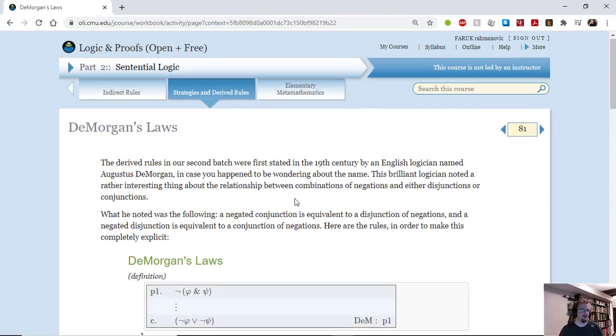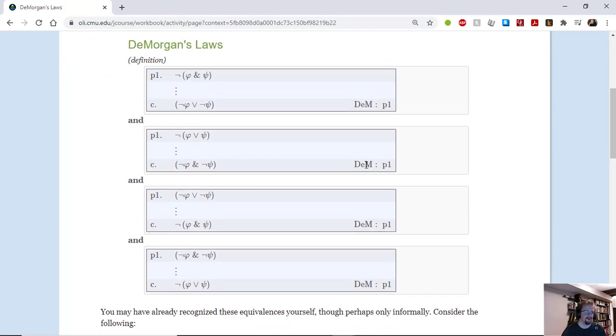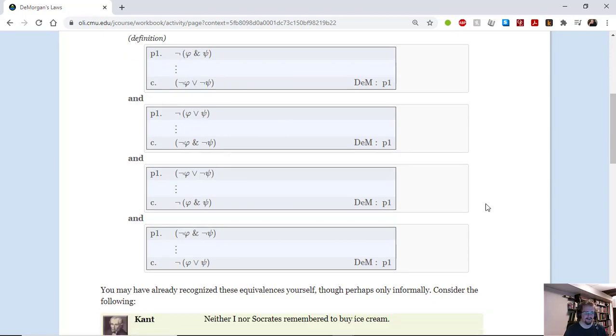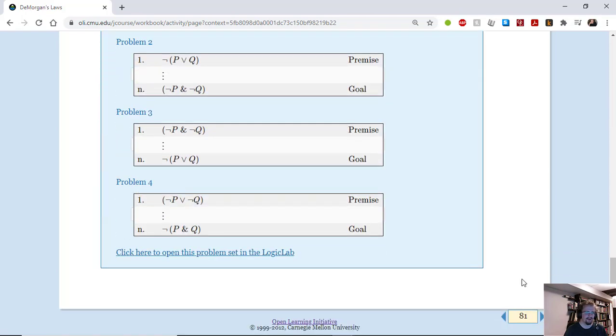De Morgan's laws. This is another sort of fun, time-saving one. You will often end up with a negated something, and trying to get rid of that negation going forward can be rather difficult. So what you can do is turn it into a disjunction of negations rather than a negated conjunction, or vice versa. Again, it's a pretty big time saver